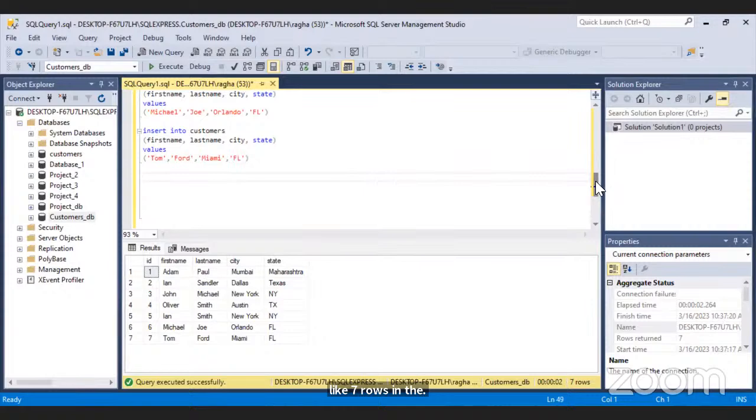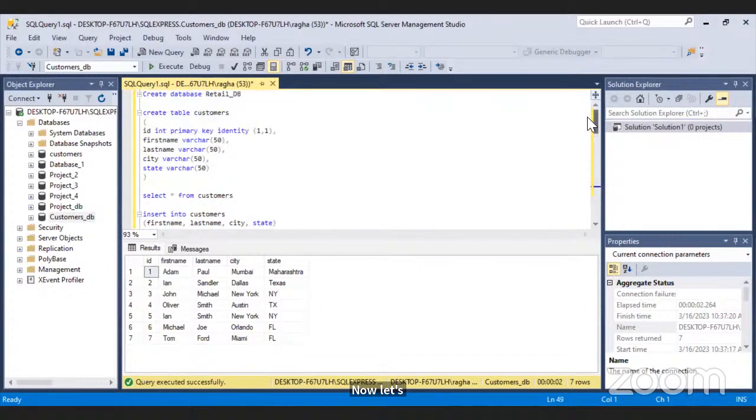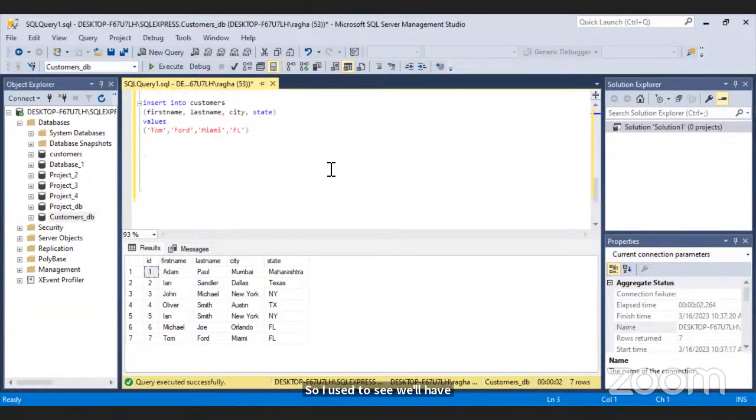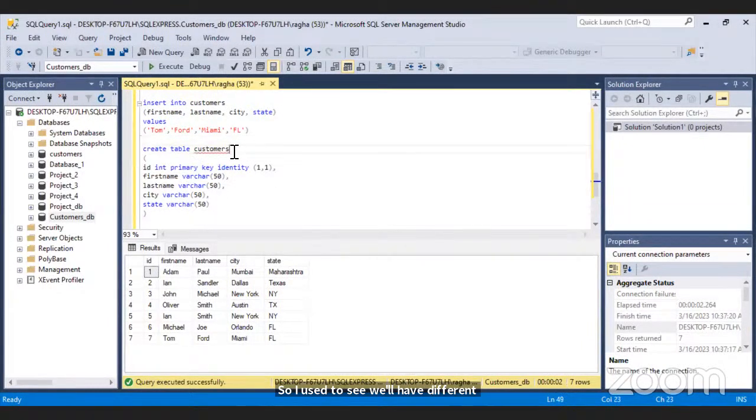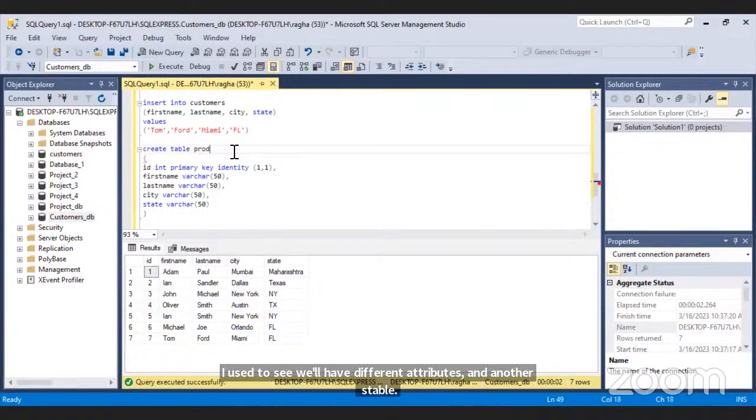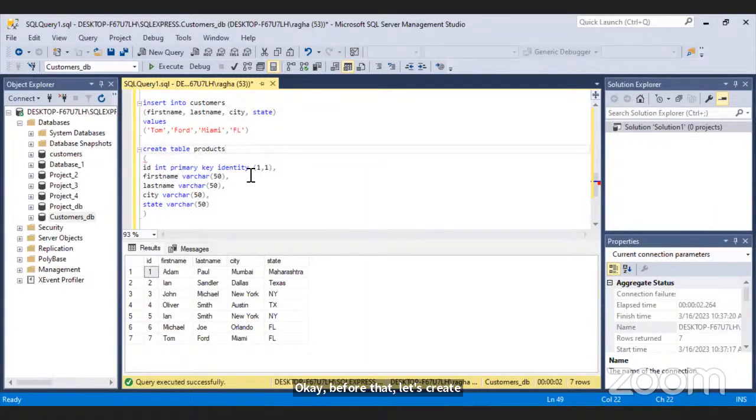orders table. I'll use the same thing. We'll have different attributes in the orders table. Okay, before that, let's create the products table.